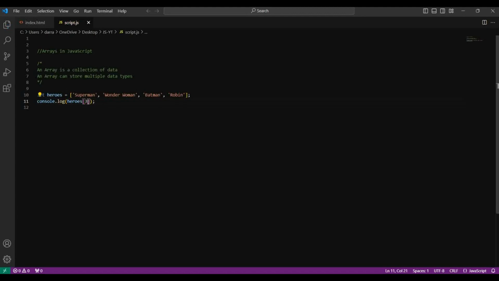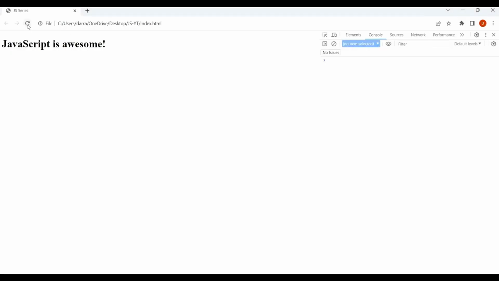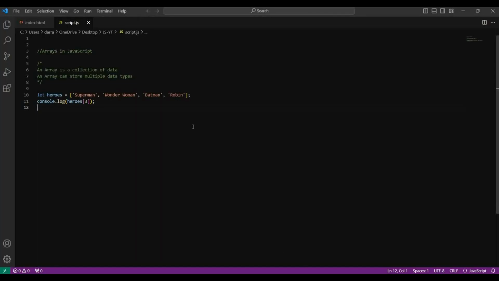And then if you want Robin, we just change that to the number 3. Okay? And why is it 3? Remember, heroes at index 0, 1, 2, 3. So that will be Robin. Okay? Awesome. Okay, so the next thing to note is if I just don't access an individual element in the array,